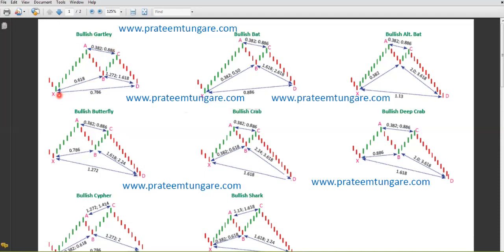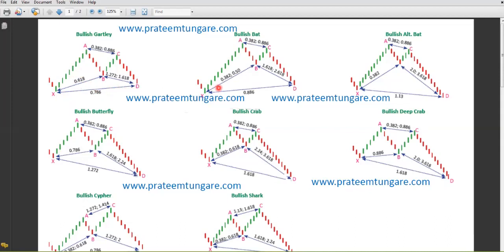And if it is a Gartley pattern, the ratio between X to D should be 0.786. So the main ratios that you need to see are XB and XD. The other ratios would get automatically adjusted. You don't need to look for them so much. So identification is very, very simple. The first step, you need to see the value of XB. If the value of XB is very near to 0.618, then it could be a probable Gartley pattern. And if it is a Gartley pattern, then the value of XD should be 0.786.